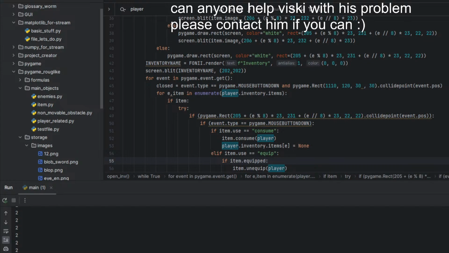Okay, now I want to create a little tooltip. Tooltip means if I hover my mouse over this item, it should show the name on the right side and the color of the rarity. But maybe I will do this tomorrow.